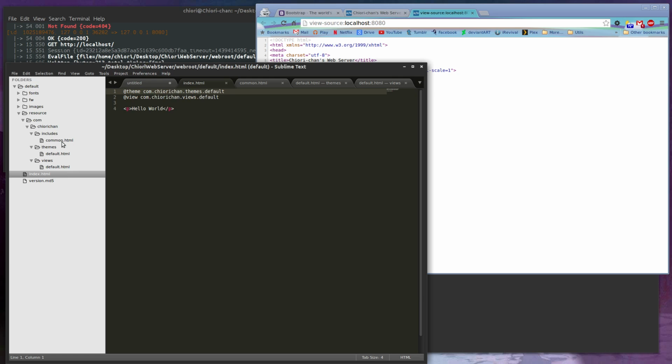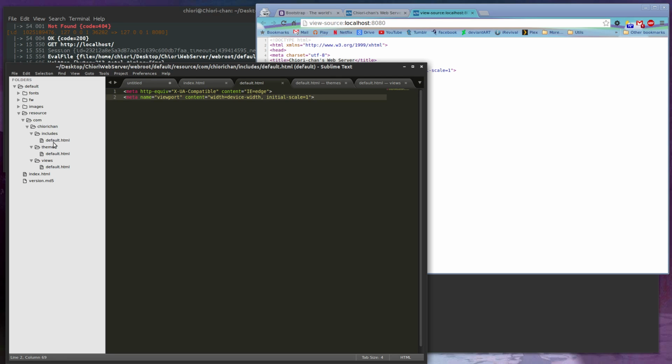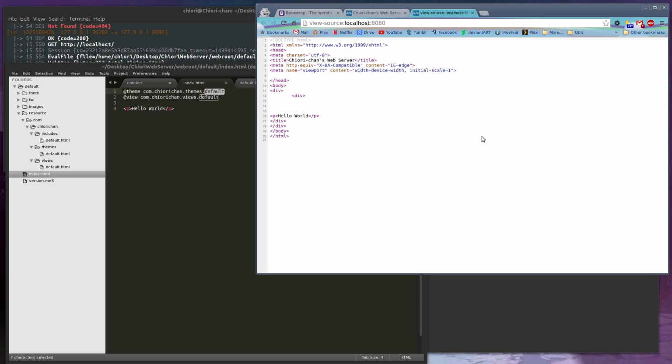This common will be included in all themes, so no matter the name of the theme, common will always be checked. Or your other option is to also rename your header to the same name as the themes. So the conventions will go one back, includes, and then take the name of the theme, the default, and then append that. So as you'll see here,